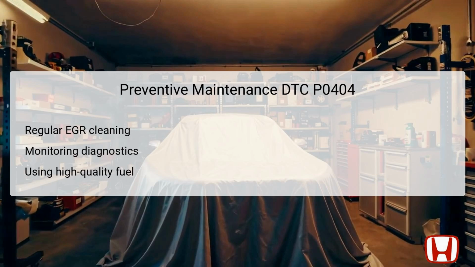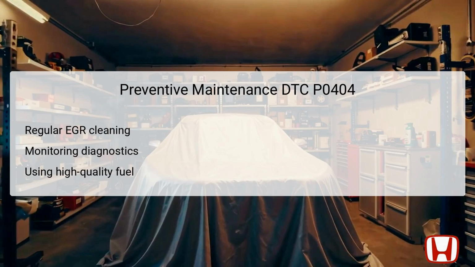Additionally, regularly monitoring the vehicle diagnostic systems can help catch issues early before they escalate into more significant problems. Using high-quality fuel can also contribute to better combustion efficiency and lower emissions. Implementing these preventive measures can prolong the life of critical components such as the EGR valve, ultimately resulting in better